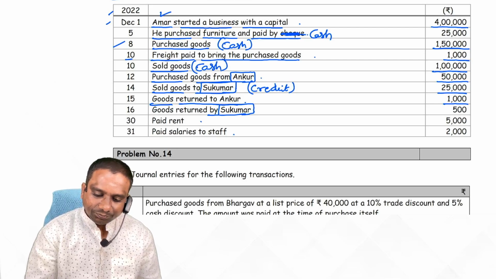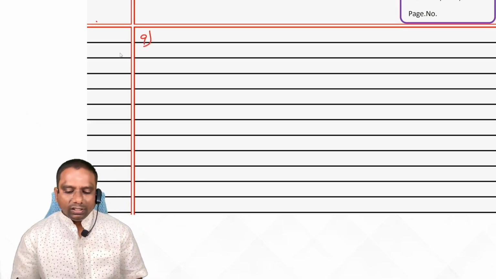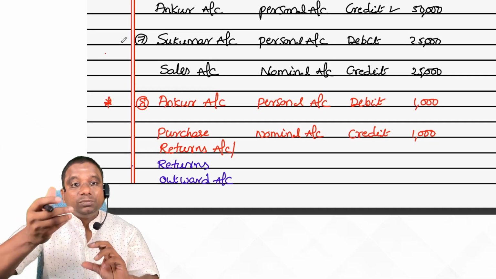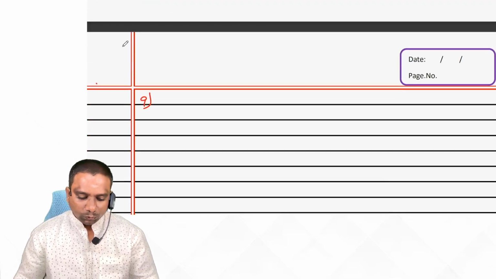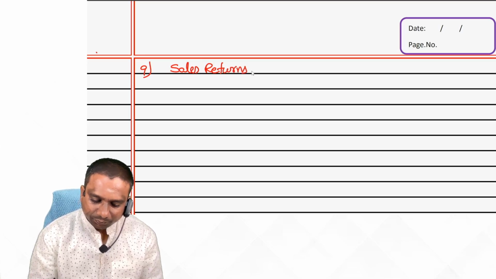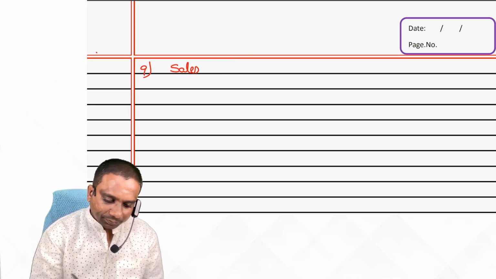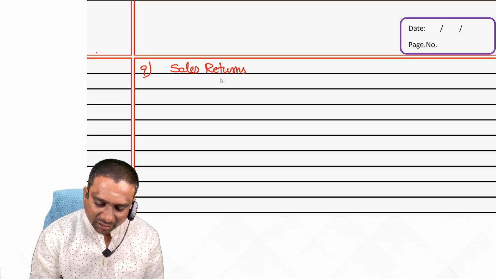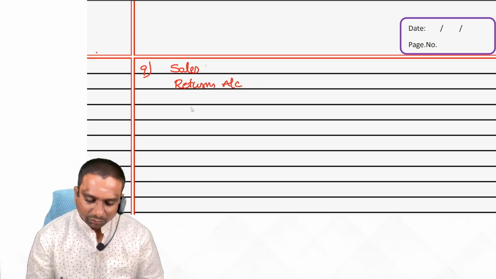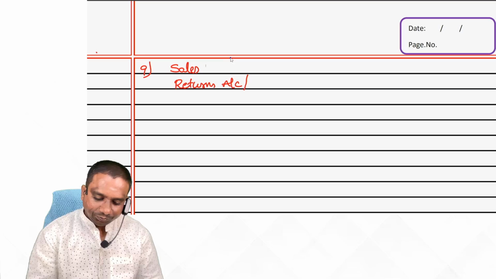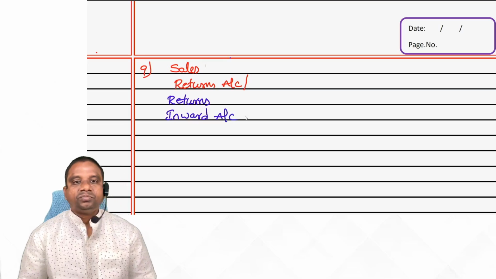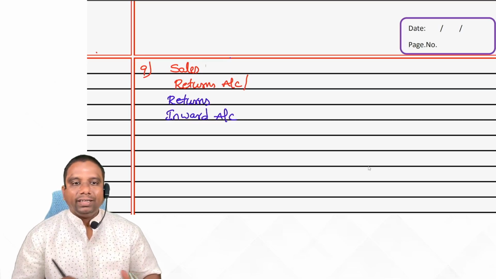Ninth one is sales returns. Earlier, whatever the sales entry we have written, Sukumar account debit, sales account credit, now these become reverse. Simple. So instead of using sales, what do we use? Sales returns account, or we use returns inward account. Yes or no? Sales returns account or returns inward account. Clear? Next,